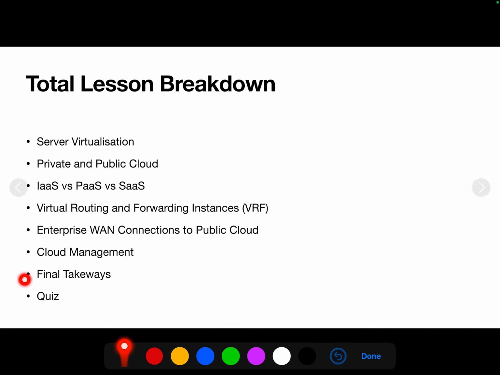So what is the breakdown of this lesson? And this, by the way, is for both lessons. In this video, we'll be having a look at these two, but in the next lesson, we'll look at the rest as well. So in this lesson: server virtualization, very important, private and public cloud. Then the three cloud models: infrastructure as a service, platform as a service, and software as a service. Then virtual routing and forwarding instances, VRF, enterprise WAN connection to public cloud, cloud management, and then final takeaways,